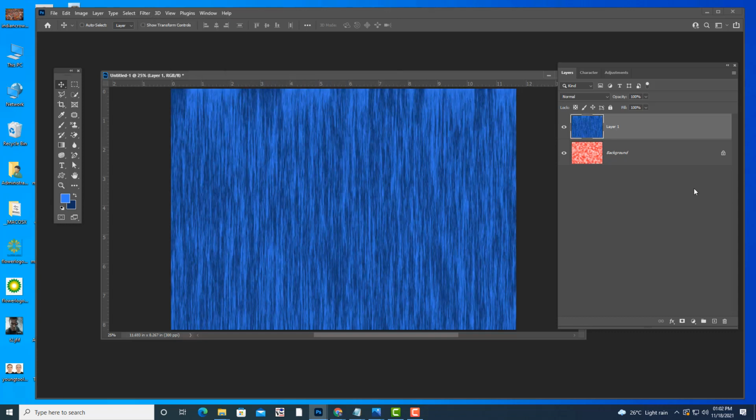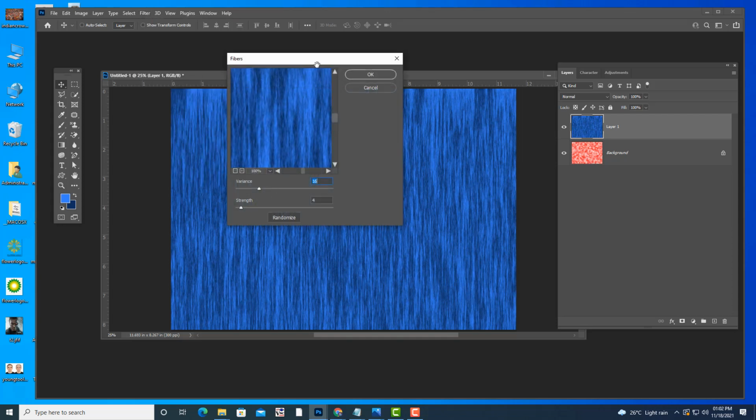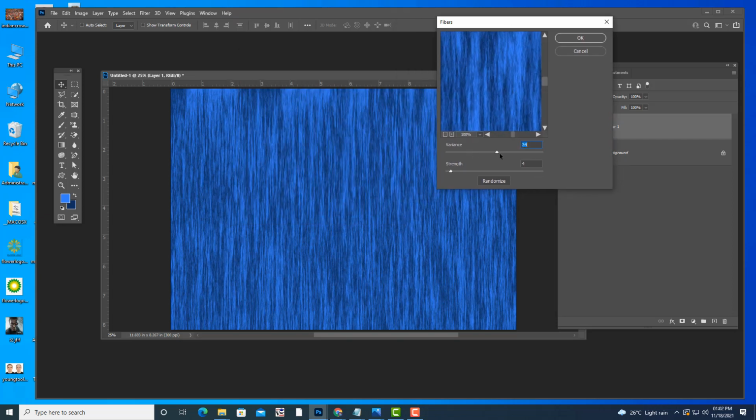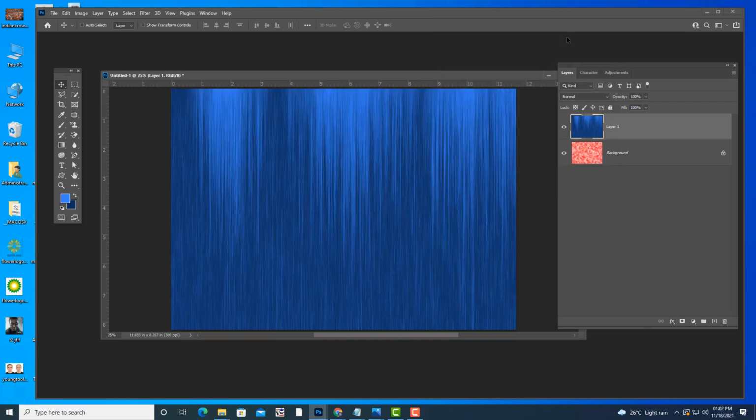See, we got some nice jeans pant texture using filters. You can try to change the values here. You can use fibers and see, you can use this option variance. And you can check the difference. See, now it's looking a little bit different. So even for textures also we can use filters.